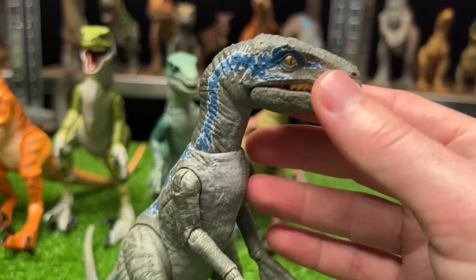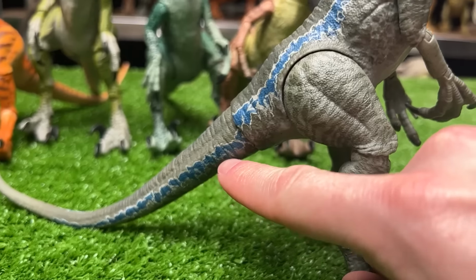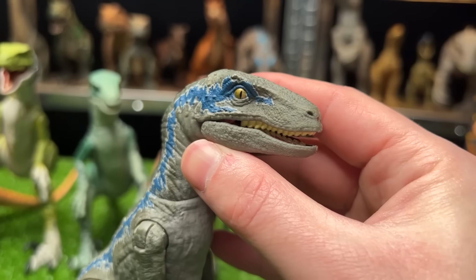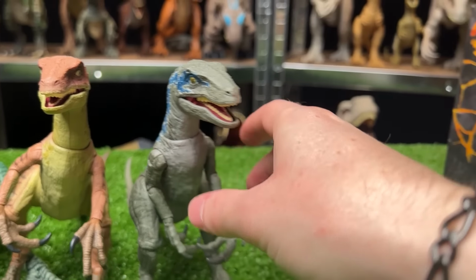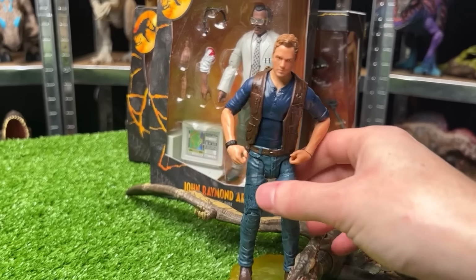This, of course, is Velociraptor Blue. It has the iconic stripe running down from its tail all the way up to the top of its head, and it has some glowing gold eyes. Now let's set this up in line and grab our next figure, which is actually not a dinosaur, but a